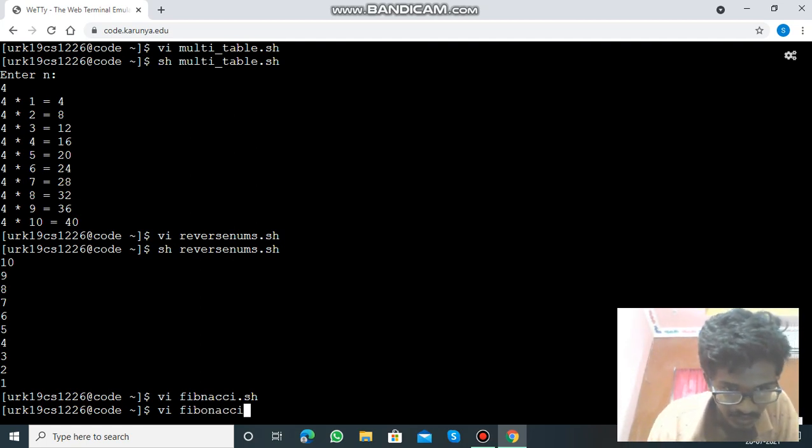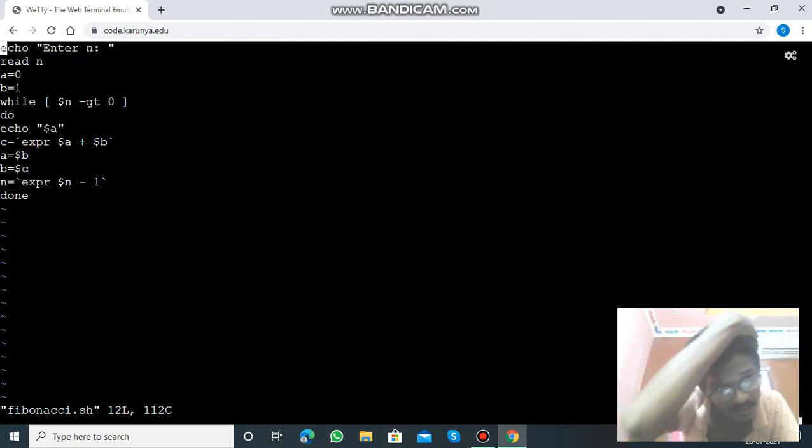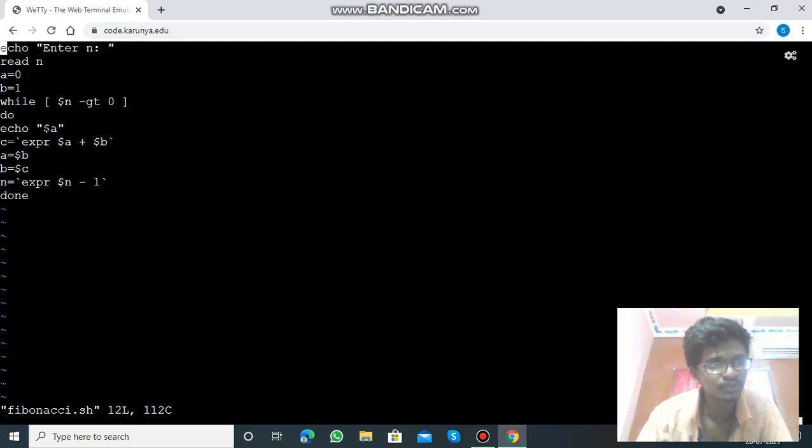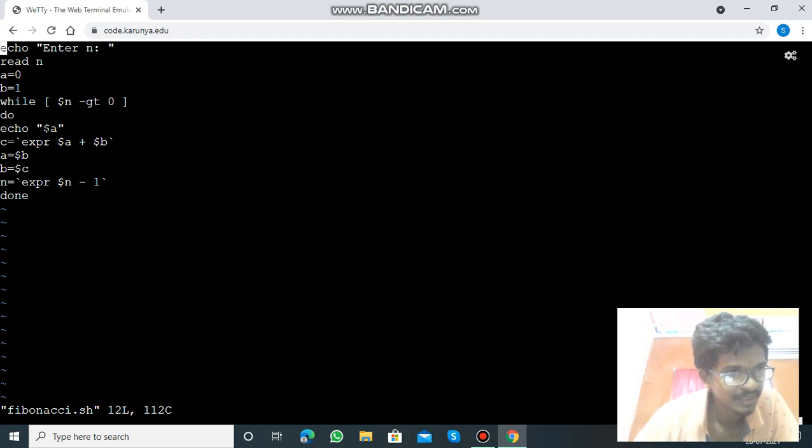Fibonacci.sh, and the code will be: enter the number n, a equals 0, b equals 1, while loop n greater than 0, do echo, we read that a value, and c equals a plus b, and a equals b, b equals c, and n equals n minus 1, then done.